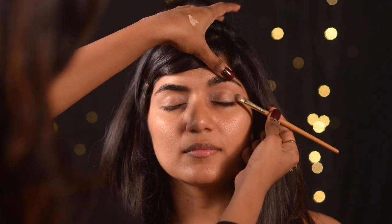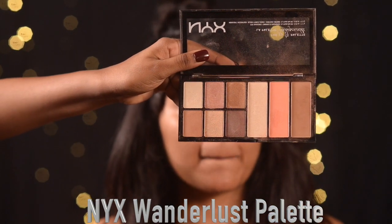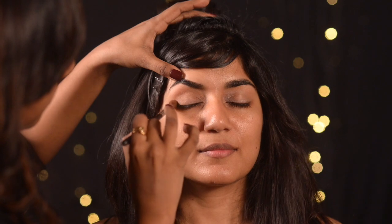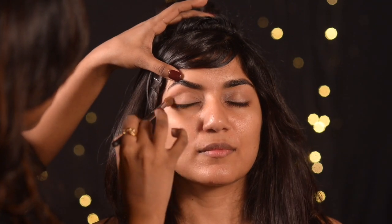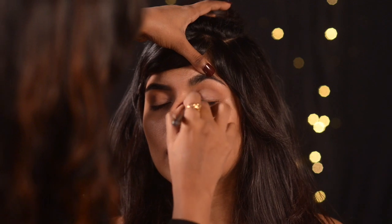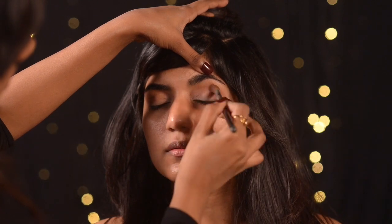And then I'm going ahead and taking the NYX Wanderlust Palette, which is a multi-purpose palette which has this brown contour color, and I'm taking some in my blending brush and I'm applying it on her crease. I'm doing this in a windshield wiper motion with very soft circular motions. Once I'm done applying the same contour color to the crease on both eyes, I'm then going ahead and taking